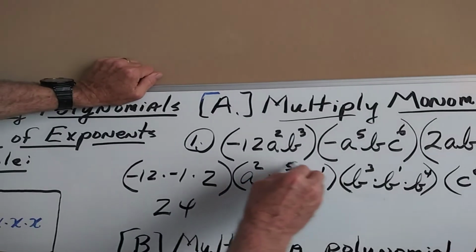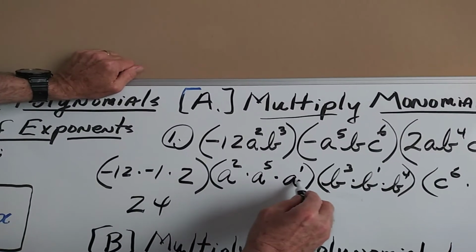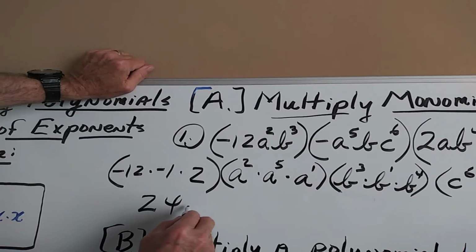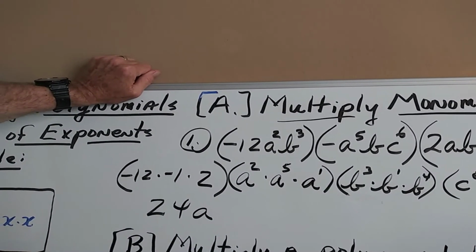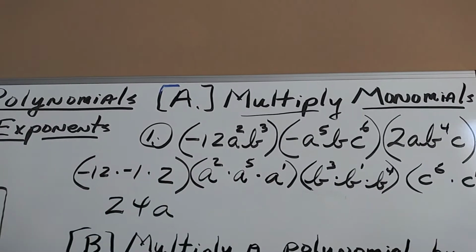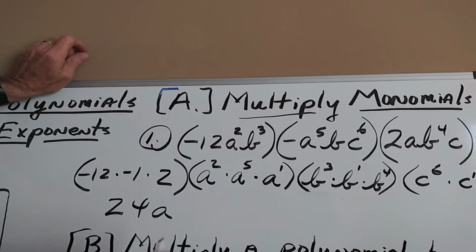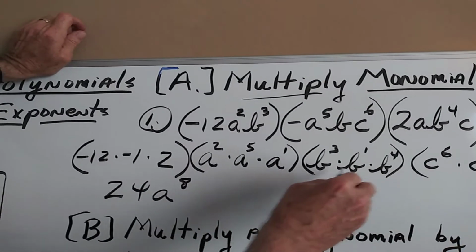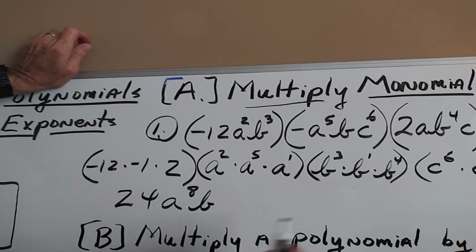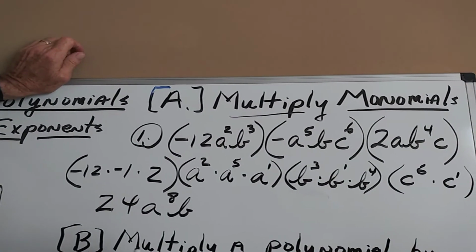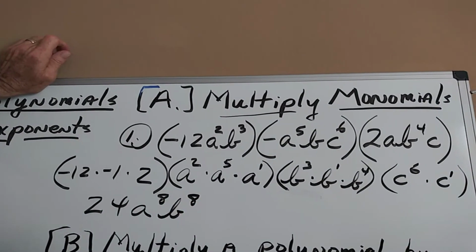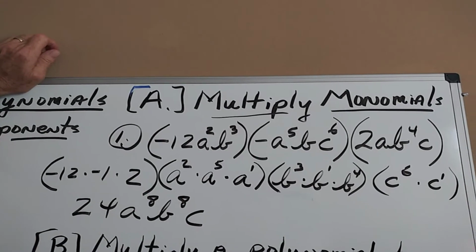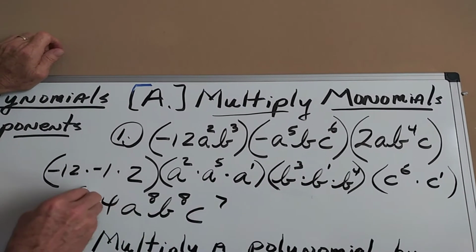Now the product rule that we just proved. We're multiplying powers that have the same base. Bring down that common base of A right next to that coefficient of 24 and add the three exponents. 2 plus 5 plus 1 is 8, A to the 8th. Right next to that A to the 8th, bring down the common base of B and add the exponents for the powers of B. That too is to the 8th. And then right next to that, bring down the common base of C, add those exponents to the 7th,